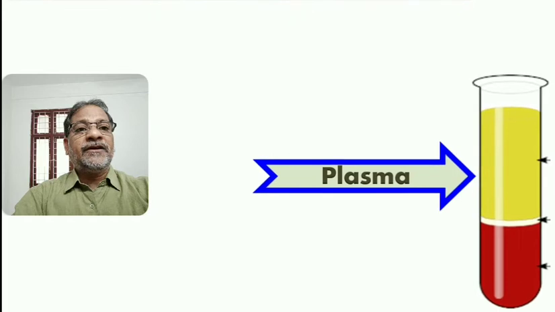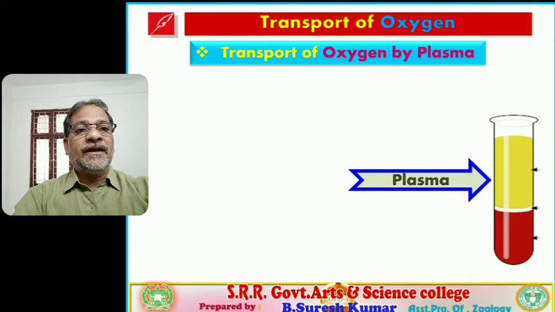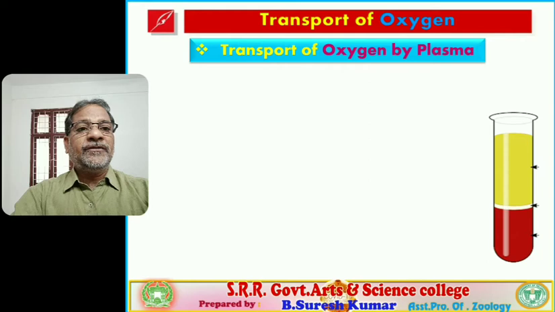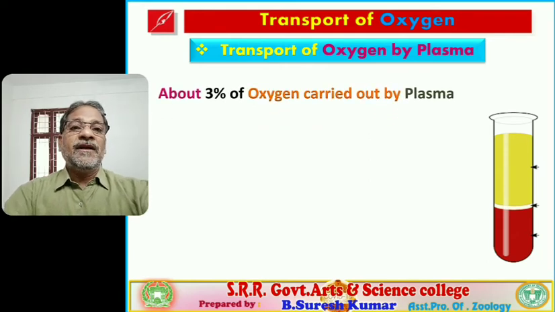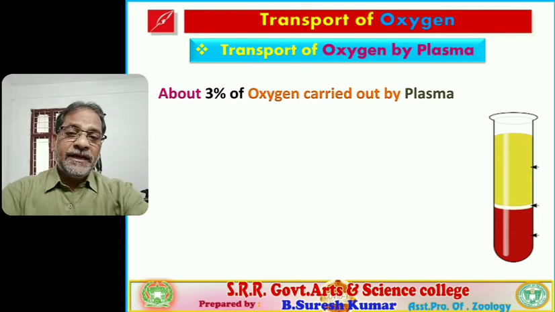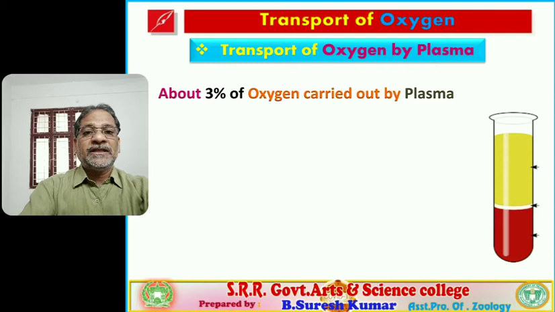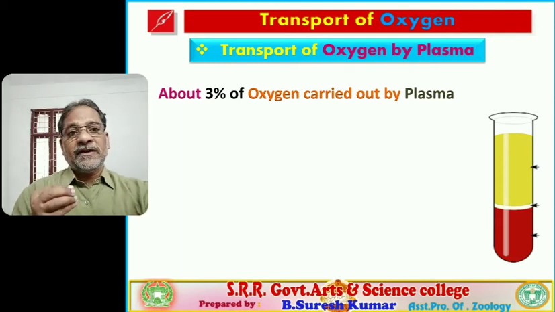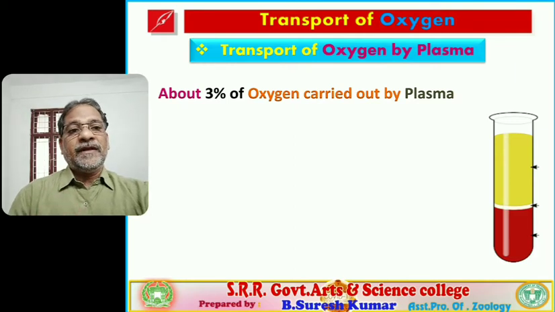The highest contribution is plasma, next occupied by RBC, then WBC. Follow? So through this plasma the oxygen is to be transported. In what way is it transported? Let's see. Approximately 3% of oxygen is carried by plasma, remember. So about 3% of oxygen is carried by the plasma of the blood.